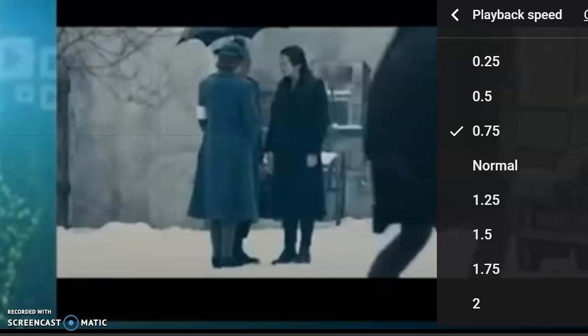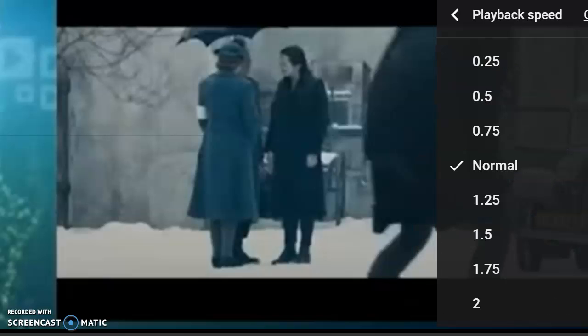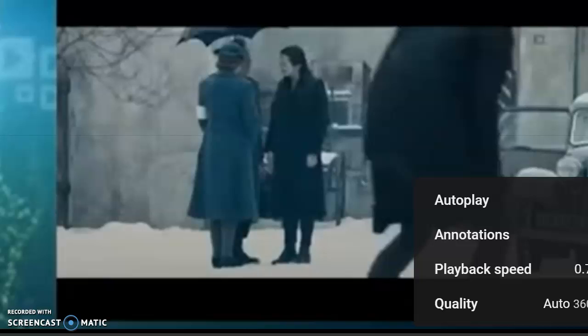If you try to watch it at normal speed, it's going to be very hard for you to understand what they're even saying. So again, you're just going to hit the gear, which is right here, playback speed, and change it to 0.75, and that will make things a whole lot easier for you guys to